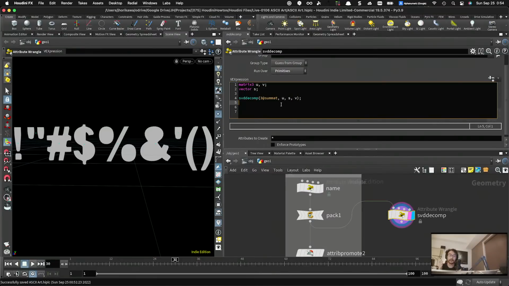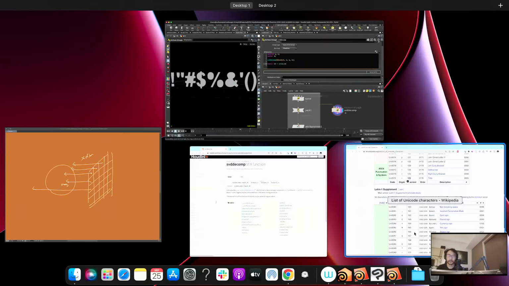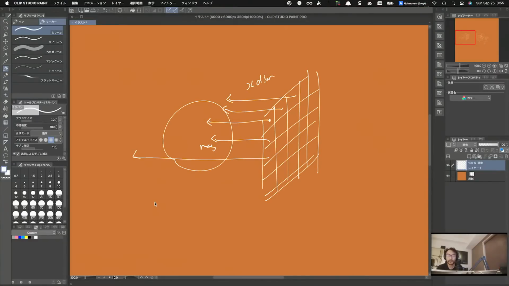So, the first vector is always the largest if you use the SVD decomposition as a function, which is pretty handy. So v1 is u dot xx. The first x is the row number, and the second x is the column from the matrix. And what you're going to get is the